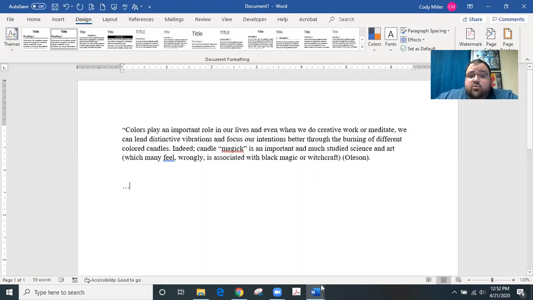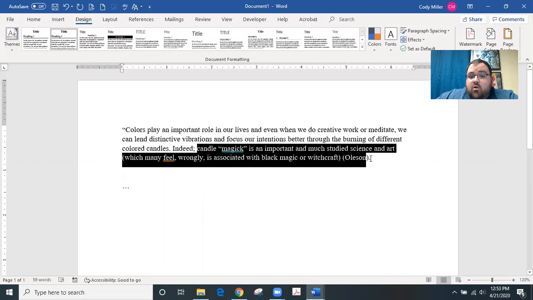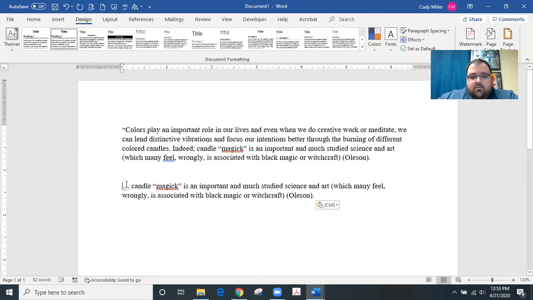So if I were to look at this quote right here and say I took away the beginning part here, I would not need to format the quote like so. If I come down here, paste that, I would not need to put ellipses at the beginning to signal that I cut something away, because MLA signals to the reader that you have quoted what you need to quote without misinterpreting it.